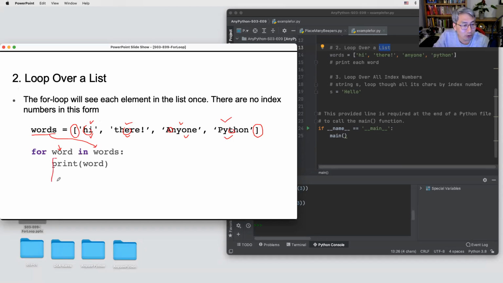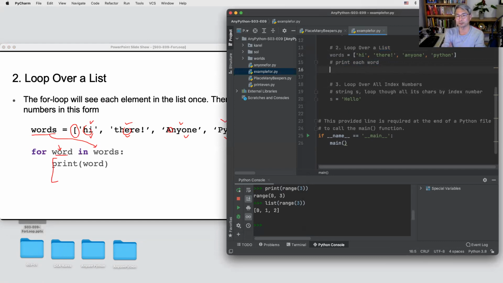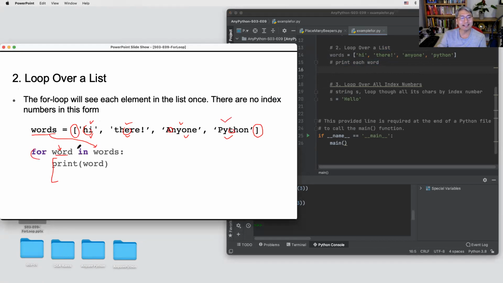Then you can use the control variable inside the code block. So, hey, let's solve this problem. Print each word. I will give you 1 minute to solve this problem. It's the same idea. So you can use the for and in. Here you can put the list of words, the collection. Range is also a collection of numbers. For this one, this is the index or control variable. So inside your body, you can use the control variable for each loop.